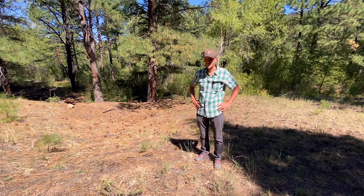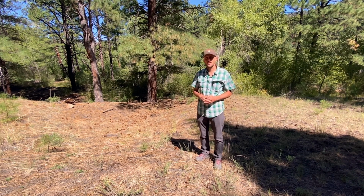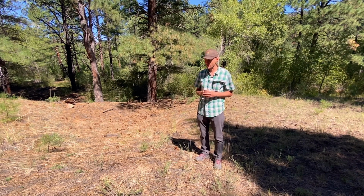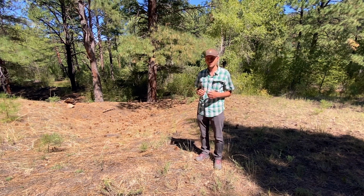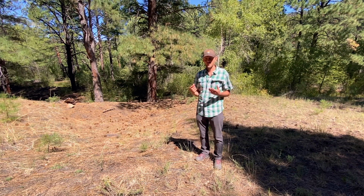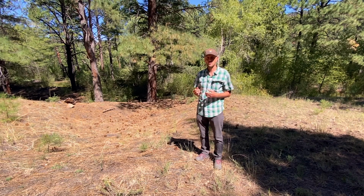Two of the healthy soil principles are to keep soil covered and to maintain a living root. The benefits of the upper watershed and some of the soils up here is that we have a good litter and duff layer, those needles that have fallen out of the trees and accumulated on the ground. That basically provides some soil cover,